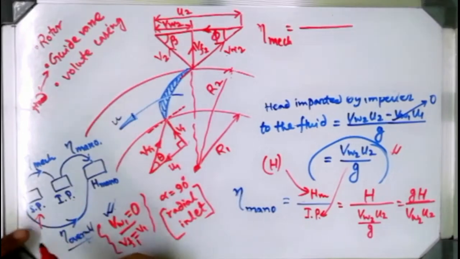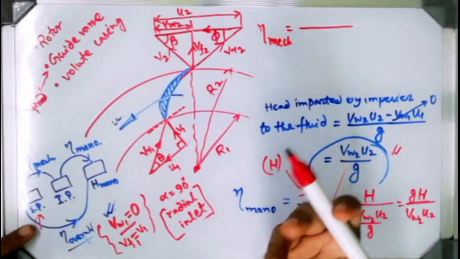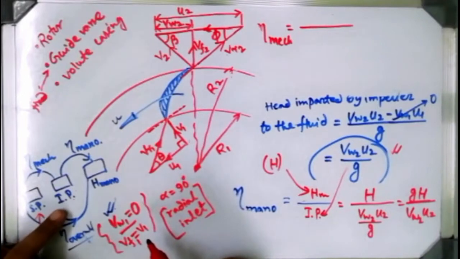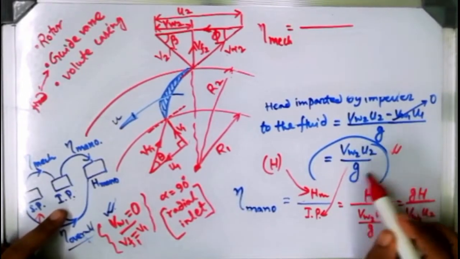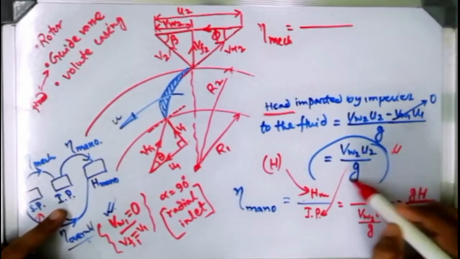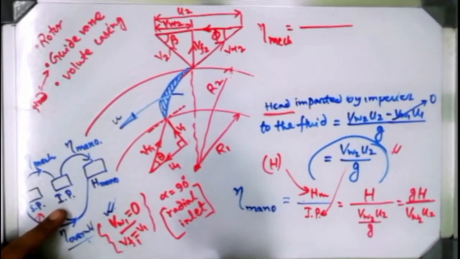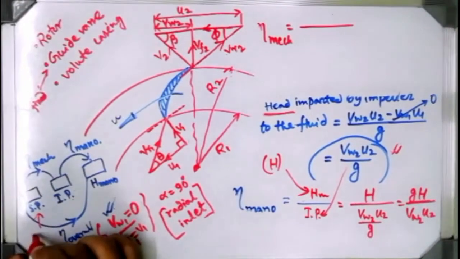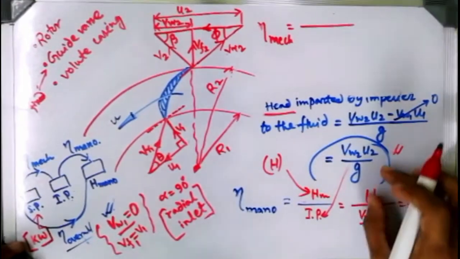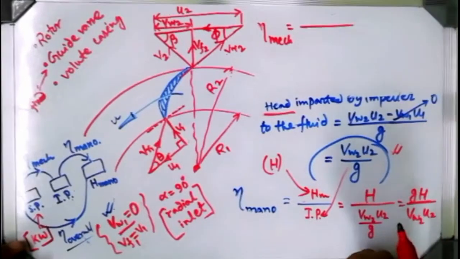Understood? Now shaft power is basically given in terms of watt or kilowatt or megawatt. Most of the time they are given with some kilowatt unit. Understood? Then this impeller power expression is in terms of head. You can see this is the term in terms of head. So obviously this head term will be converted in terms of watt, isn't it? Otherwise you cannot relate, because the shaft power will always be given in terms of kilowatt unit. You will see in the problem. Then we have to convert this particular expression in terms of kilowatt or watt, whatever it may be.